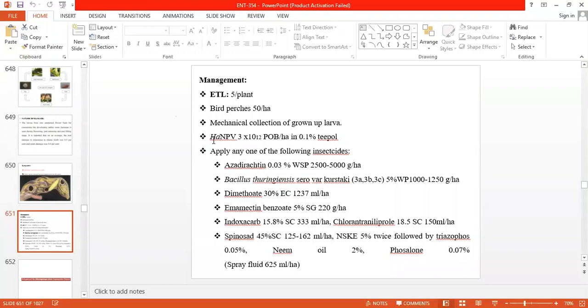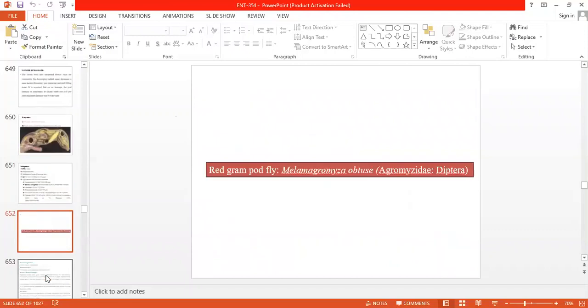Application of HNPV, then application of azadirachtin, Bacillus thuringiensis, dimethoate, emamectin benzoate, indoxacarb, chlorantraniliprole, spinosad, pozzolon. These are the effective chemicals against the Tur plume moth. The next important pest of red gram is the Tur pod fly or red gram pod fly,